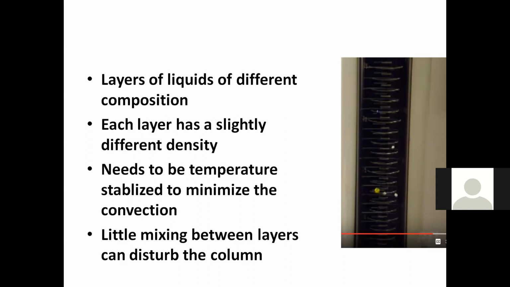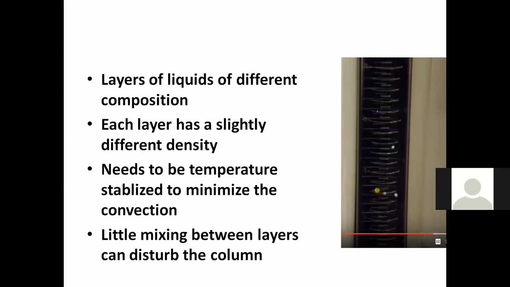You are seeing very fine layers in white color, and all layers have different density. The layer at the bottom has the highest density, and the layer at the topmost position of this column has the lowest density.